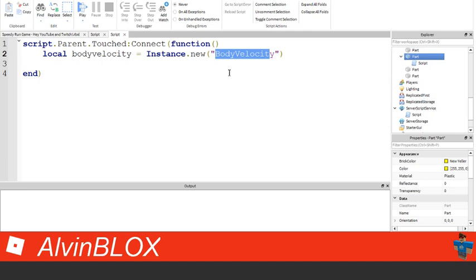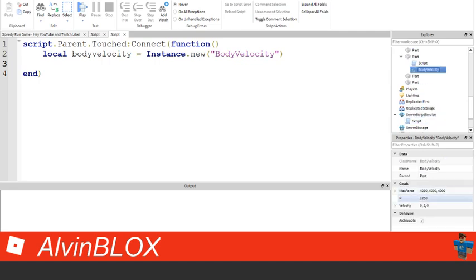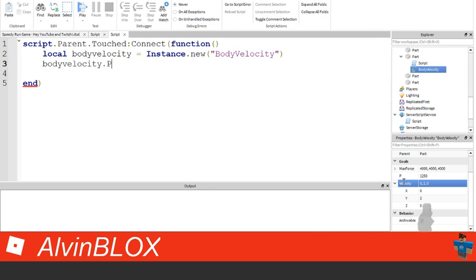If they weren't correct, then it would throw an error at us because it doesn't know what to import. So now let's have a look at a body velocity. Okay, so on a body velocity, there's a velocity property here. What we want to do is first put this body velocity inside the player's humanoid root part. So we can say bodyVelocity.Parent